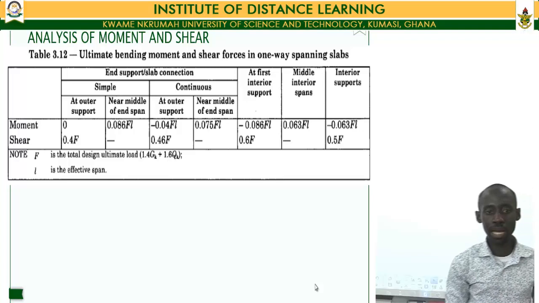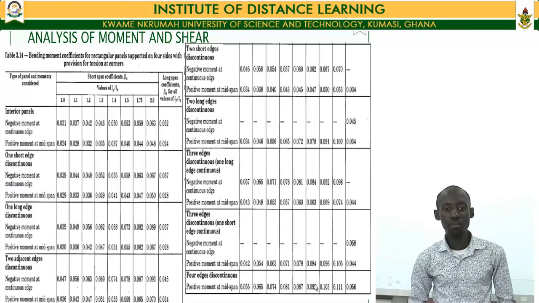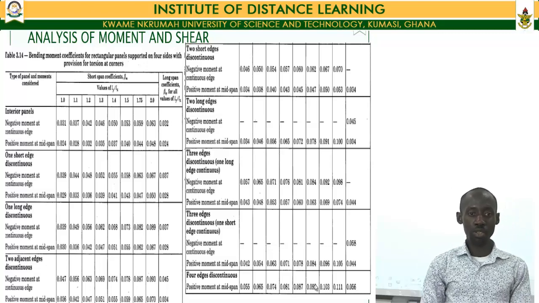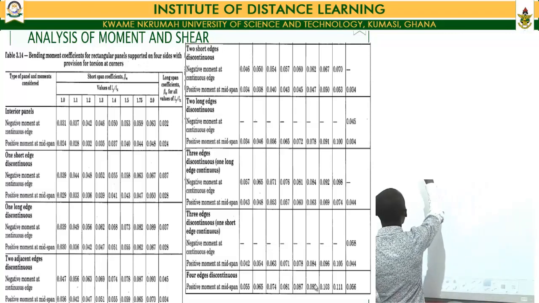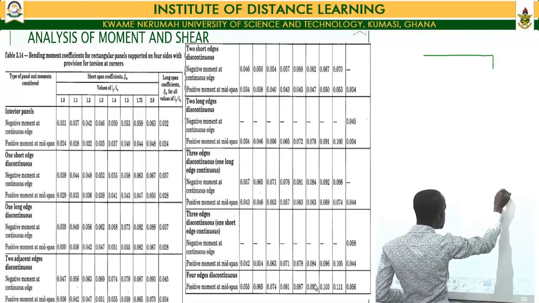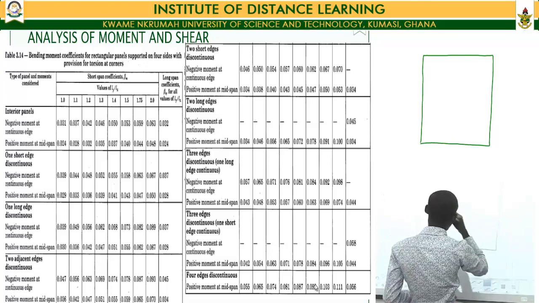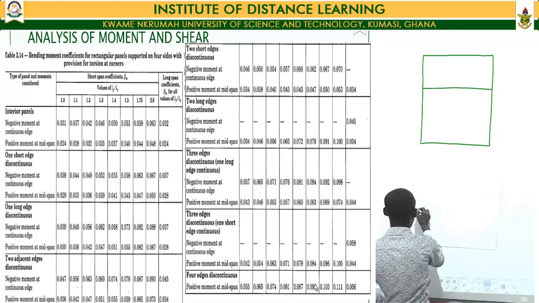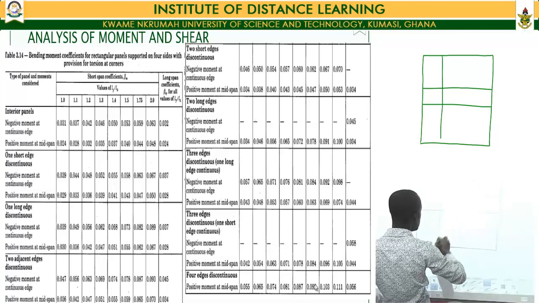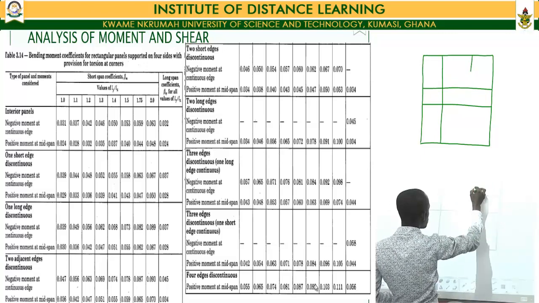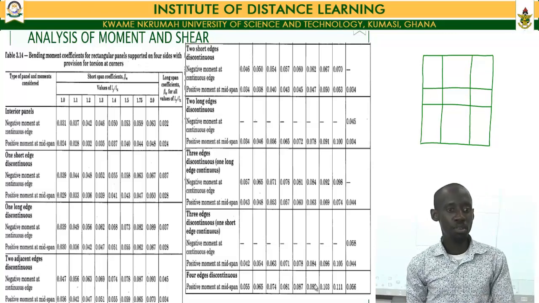Now, when it comes to our two-way spanning slab, this is the table that the BS code has provided for us to analyze for the moment in our two-way spanning slab. There's another table that is used for the analysis of shear when it comes to the two-way spanning slab. Now, we'll take a short while and look at what the table means or what the table entails. Now, if you go to the first column of the table, it talks about the type of panel and the